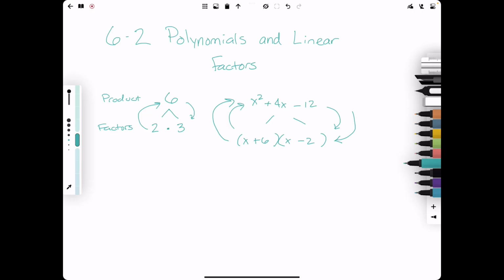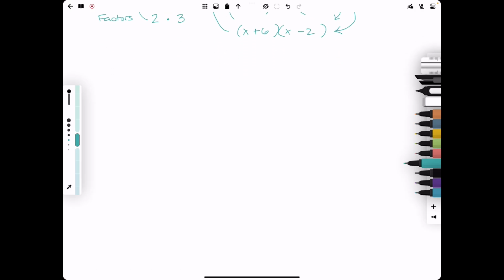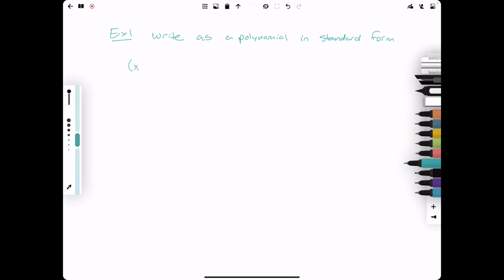Do you want me to write out a definition of factors? No. Okay. All right, so we're going to jump right into example 1. Write as a polynomial in standard form. And here's what we have. We have x plus 1 as one factor times x plus 2 as another factor times x plus 3 as